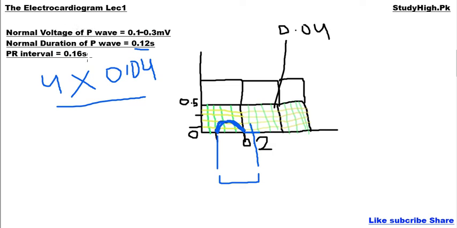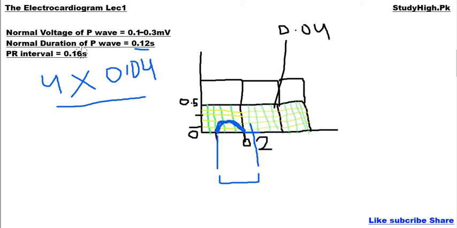We are not going to discuss the T wave of the atrial muscles because it is superimposed by the QRS complex. But I want to inform you that the repolarization, or T wave, of the atria starts appearing after 0.15 to 0.16 second, sometimes maybe after 0.2 second. We will discuss the atrial T wave in our coming lectures, but today in this lecture we will discuss only the normal electrocardiograph.